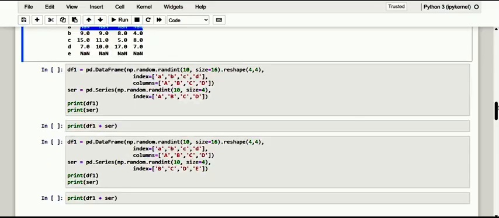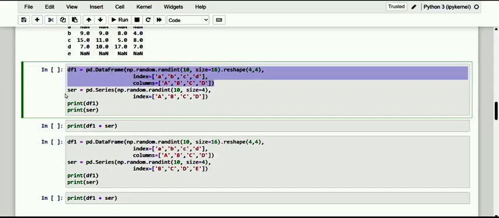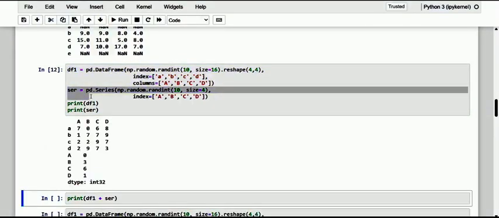See here, dear friends, if instead we take into consideration arithmetic operations between a data frame and a series, the elements of the series will be calculated with the corresponding element of each single row of the data frame. So for that, let me go with one data frame here, and the next one is the series. Let me execute.